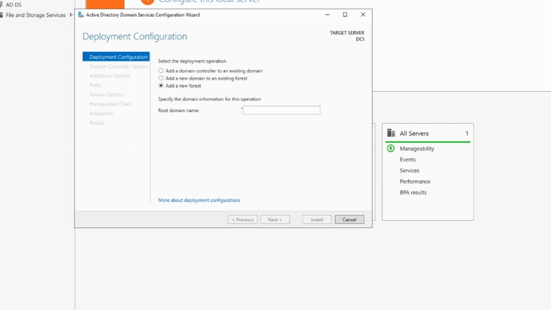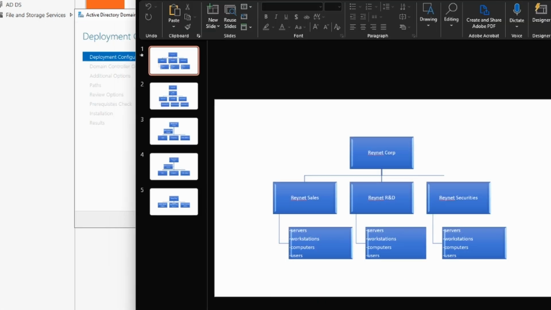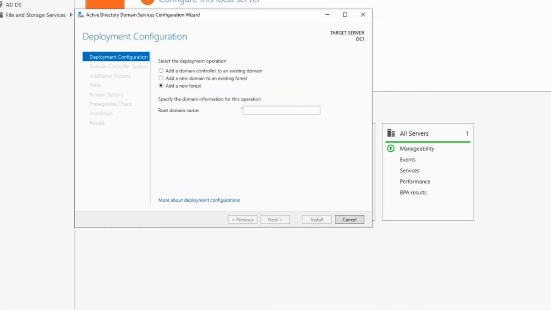It's just that I don't want to make this video any longer than it is, but trust me, I have a whole presentation for you guys on forests and OUs. Unfortunately, just to keep it simple, I'm not going to explain it today. But the name of the domain is going to be